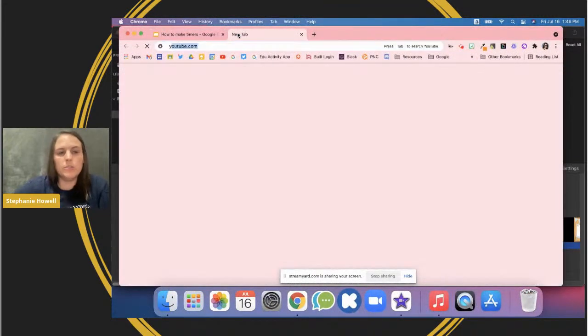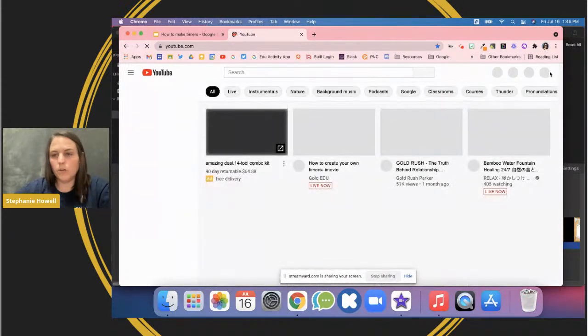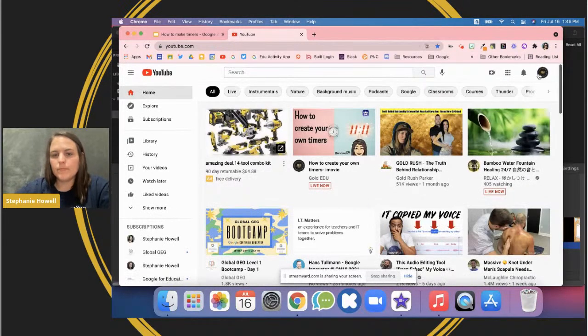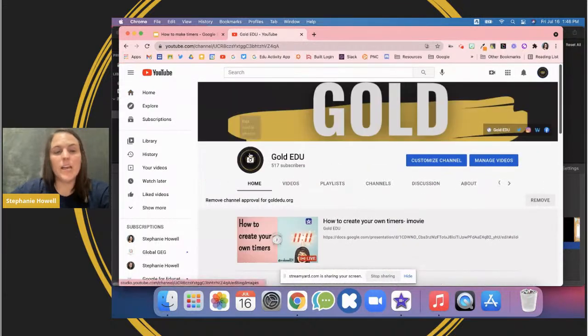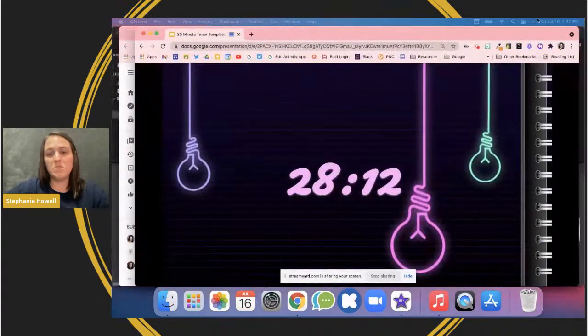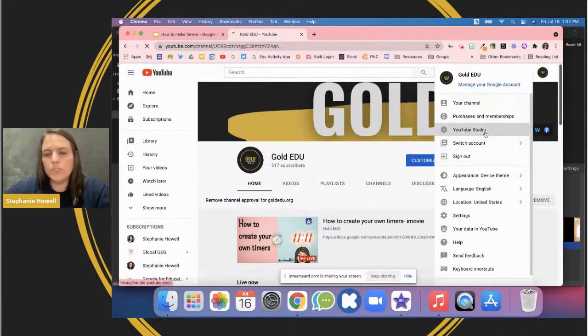And so for music, I might go to YouTube Studio and I might go into the library for YouTube, or you could do any website that will allow you to have music. And again, I publish to YouTube, so that's why you have to make sure you can use that music correctly. Also, real quick, if you did not need to publish it to YouTube, if you just hit publish to the web, you can use this as a timer. I prefer YouTube so I can mute the music, I can have music, or I'm able to see what's going on. Okay, so in YouTube Studio,